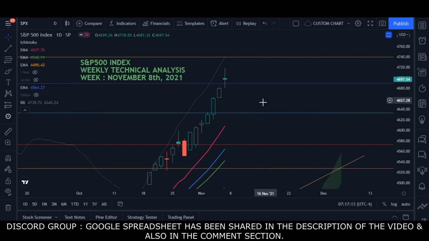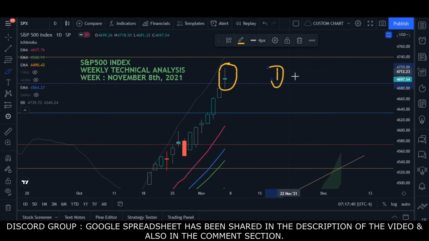Okay, we are here on the daily chart. If you look into the daily chart, what do you see? This is what everyone was waiting for. Traders who use the technicals wish for this kind of formation, this kind of candle. See, the interpretation of this candle is that it's a doji candle. Number one, it's a doji candle.